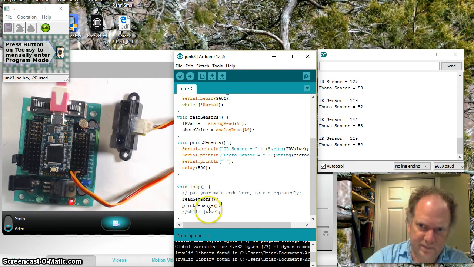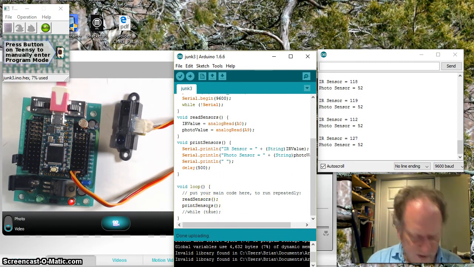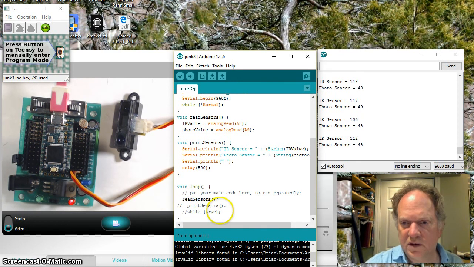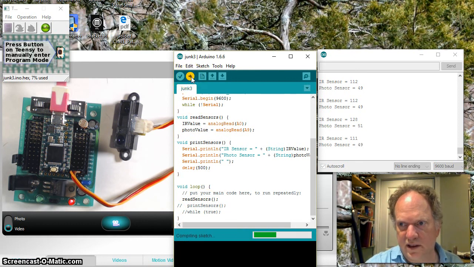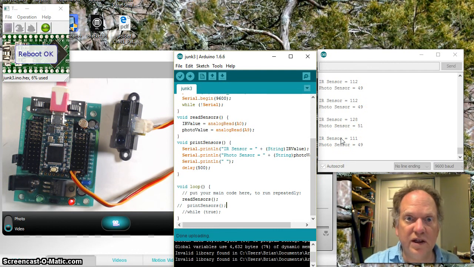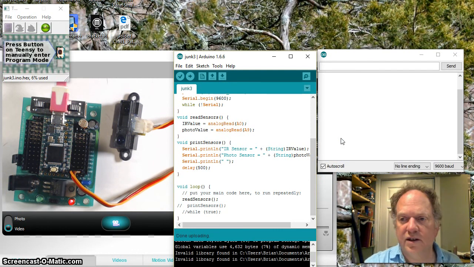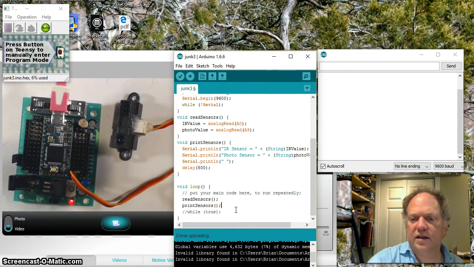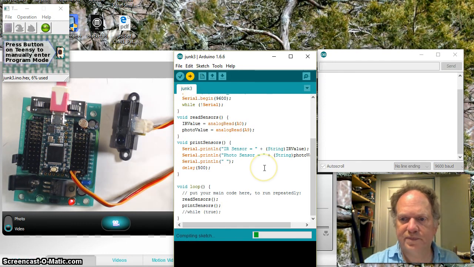More importantly, if I want to make my code go quickly because I've done my diagnostics and I've got everything set up, all I have to do is hit Control-/ to do that with a keystroke. I just comment out this line, and of course you won't see anything happening over here because it's not going to be printing, but it's just going to be reading as fast as it possibly can without the delay of printing. I'm going to call that back, and I'm going to recompile,